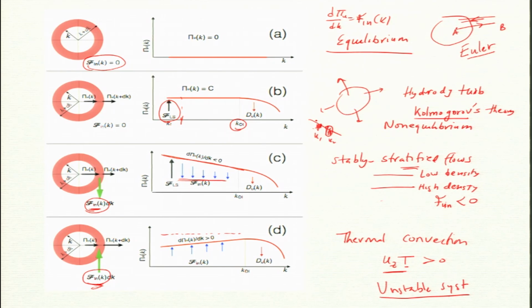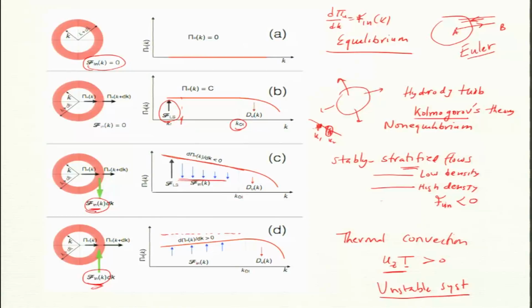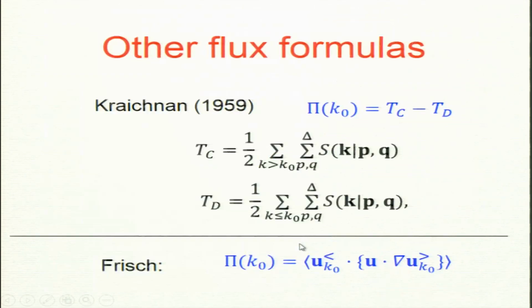So, lower k, fewer modes, and we will discuss some of it later when we do turbulence, but this net transfer, when Pi is negative, my flux should decrease, if it is positive, flux should increase. Okay. Now, let us go further. So, another flux is Kraichnan's formula. So, Kraichnan wrote this: Tc minus Td and Tc. So, this is Kraichnan's formula, the combined energy transfer. It turns out we can write this as pi by 2, and this is minus pi by 2.